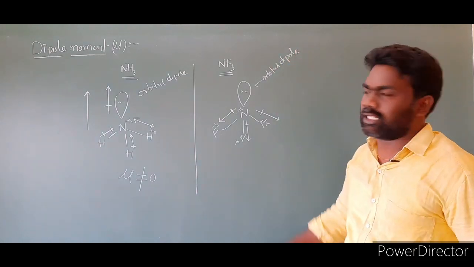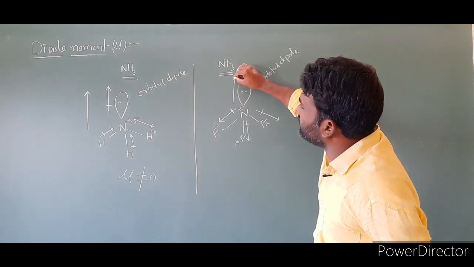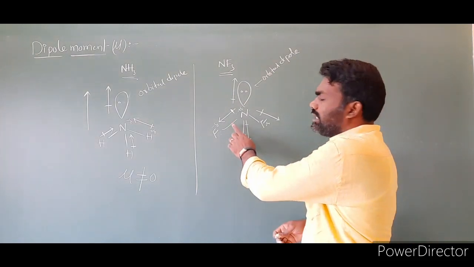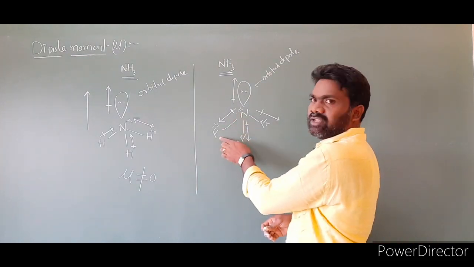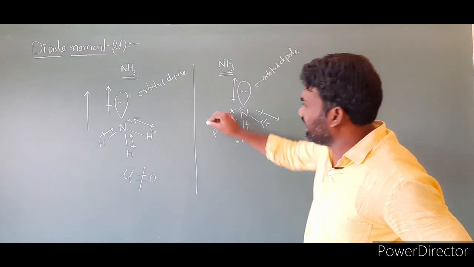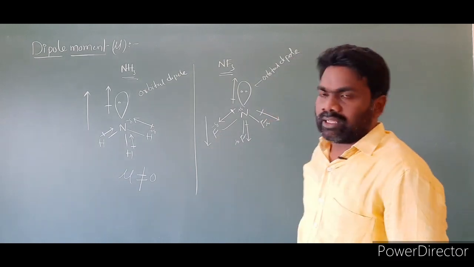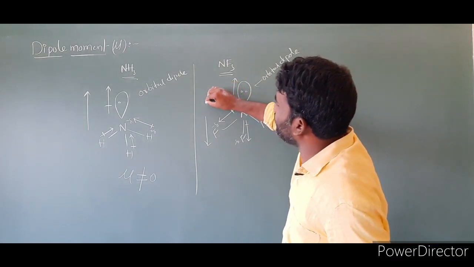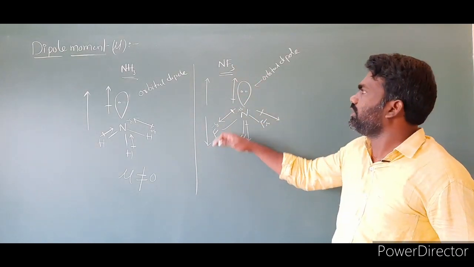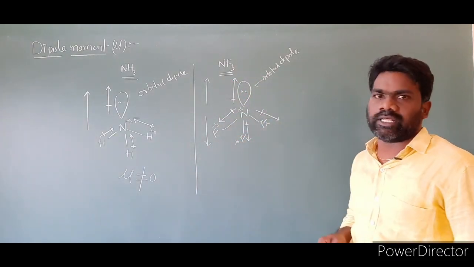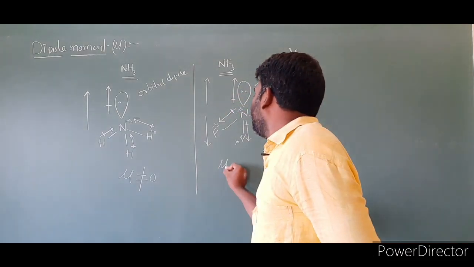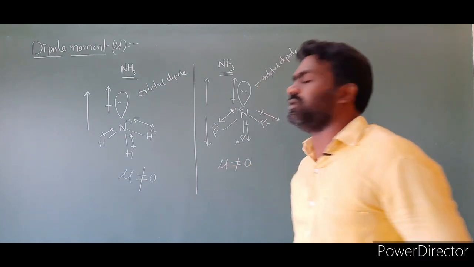We have to consider the orbital dipole. The orbital dipole is in this direction. Now, if you look at this molecule, the bond dipole is due to the N-F bonds. This is one N-F bond, this is the second N-F bond, this is the third N-F bond. The bond dipole due to the N-F bonds is in this direction, and the orbital dipole is in the opposite direction. So bond dipoles are opposite to the orbital dipole, but the magnitude will be different. As a result, this molecule's net dipole moment is not equal to 0.